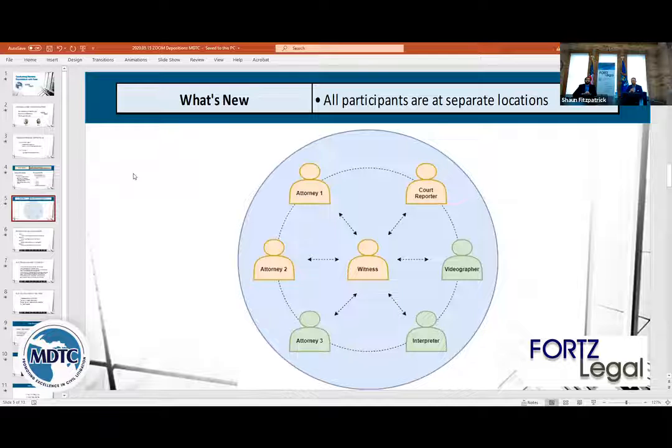So as far as what's new, Sean mentioned that all participants are now at separate locations. In this diagram here, we have in orange one potential deposition makeup where you have a witness, a court reporter, and then a defending and a questioning attorney. And then if you bring all 7 of these participants together, the green and the orange, that could give us